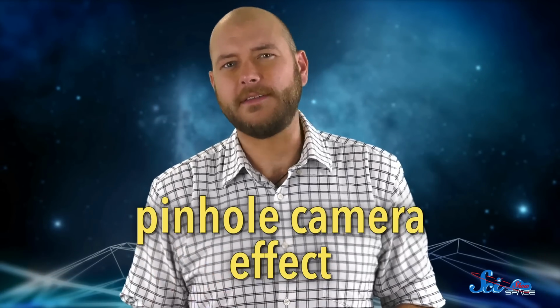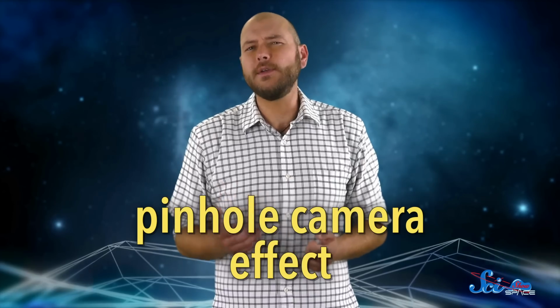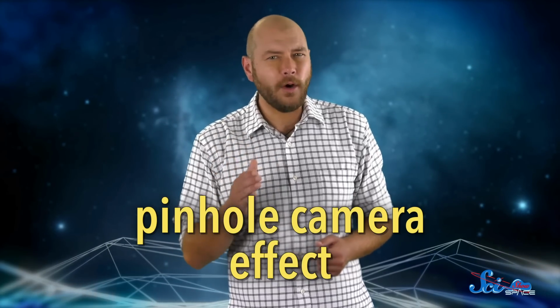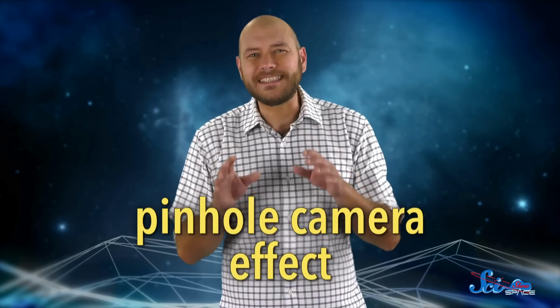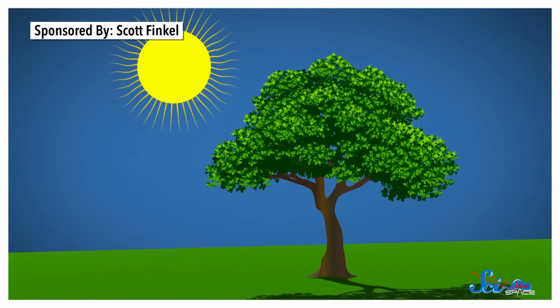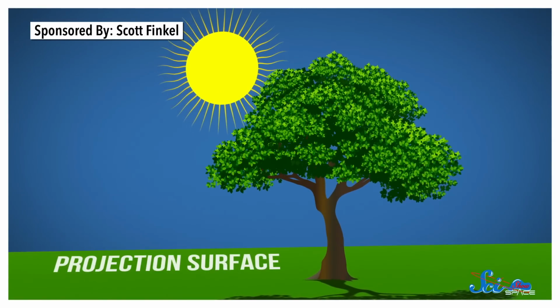The lights are one of the most fun parts of any solar eclipse, and the science behind them is pretty good, too. The biggest thing causing these lights is called the pinhole camera effect. Like the name says, it was originally used to describe pinhole cameras, which work by letting light through a tiny hole in a screen. But the same physics applies when light from an eclipse passes through the spaces between tree leaves. On the most basic level, light comes from the sun, passes through those gaps, and then hits a projection